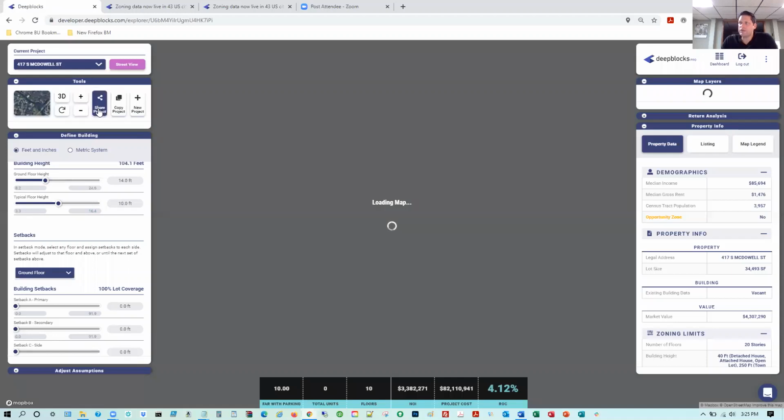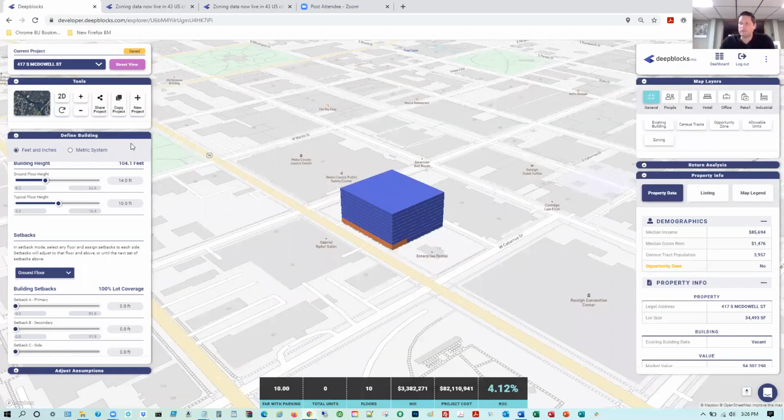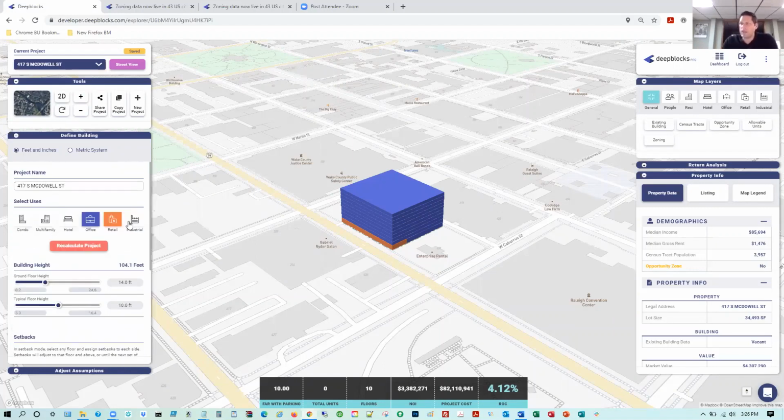And also just keep in mind too, you can share projects with other users who have a software license. You can copy your own project and we can work on various iterations and scenarios. So again, you can evaluate saying, all right, I want to look at it based on these assumptions with office and retail. Maybe I want to add an industrial layer, which you can easily do right here. So if I want to add industrial, you can just simply click that. You'll see industrial right here in that area just got added, and we can then adjust all three types of uses to see what makes the most sense and gives us that best return on cost. As I mentioned, this is a one-year back of the envelope return on cost financial analysis.